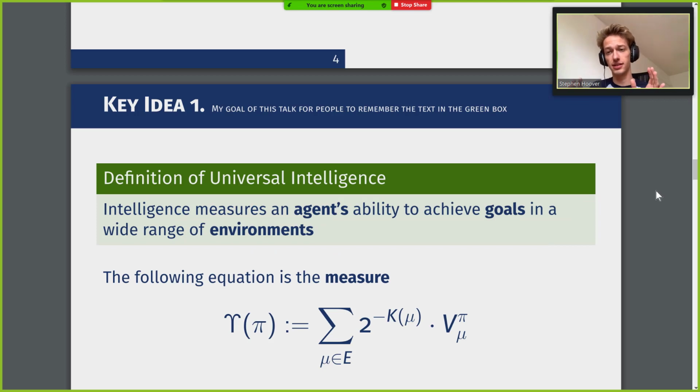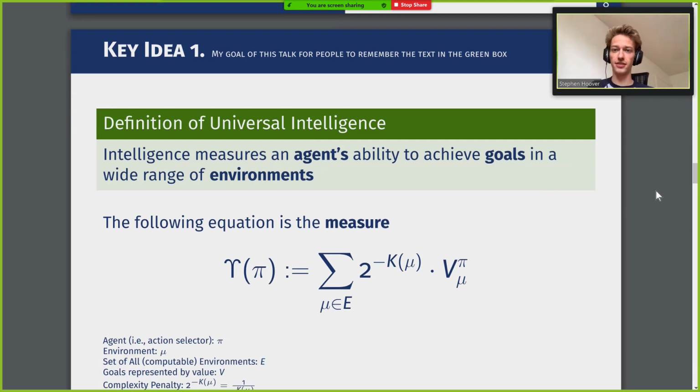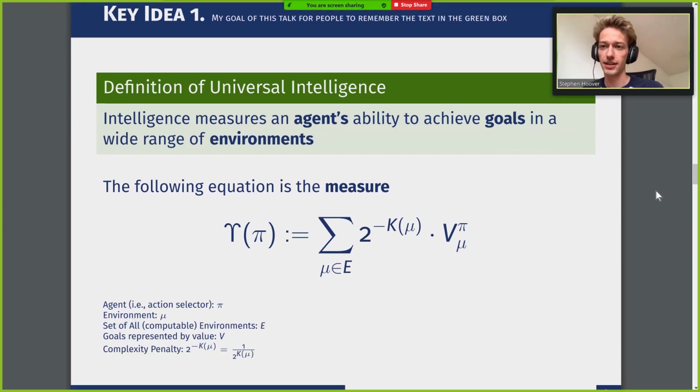So we had this kind of dense mathematical equation. So let's briefly just talk about it. An agent is something that can select actions, that can move right, move left, output some text. That's generally what he's talking about. An environment he represents by the letter mu. He defines it with respect to probability, which I just mentioned, but explaining that in a 20-minute summary is a little bit more difficult than I'd like to. If you'd like, we can discuss the specifics of it after the talk during the discussion.